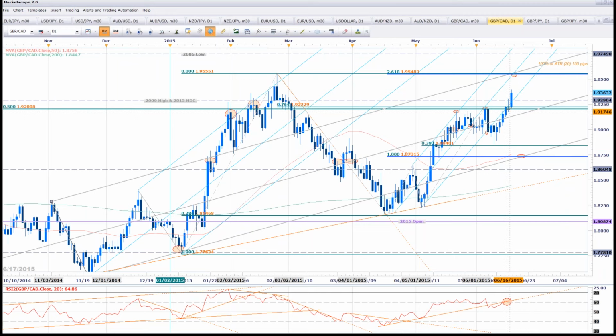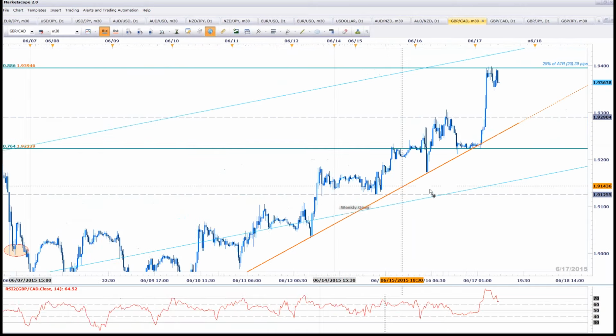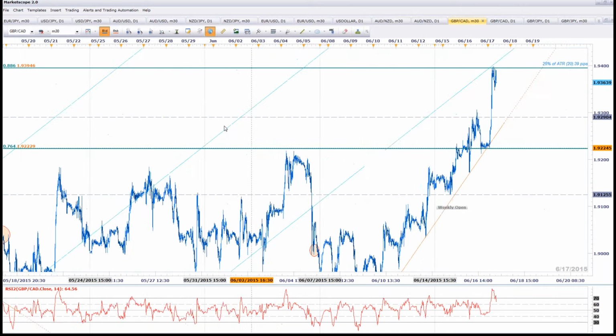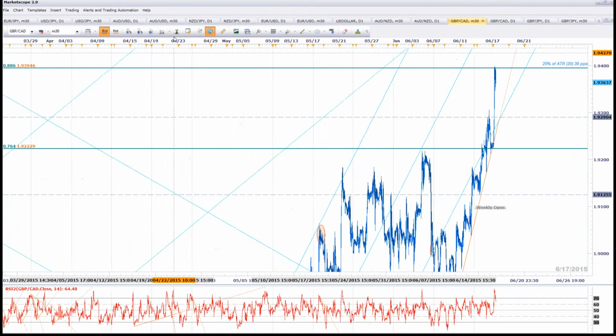Remember, we need to have the daily chart in view, because if you don't know where the broader trade is, you're going to make a mess of things scalping. So this is kind of where we ascertain our broader biases and the broader direction we're looking to trade in. Here's what the near-term chart looks like. So if we take a more objective view of this, larger, go back and price,